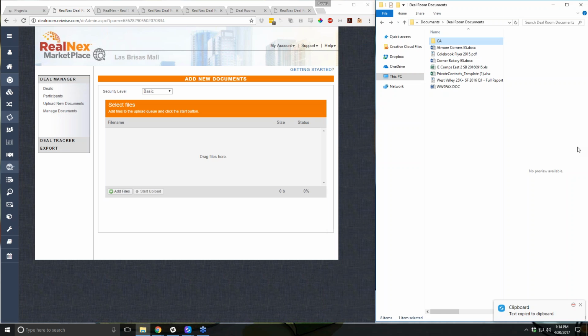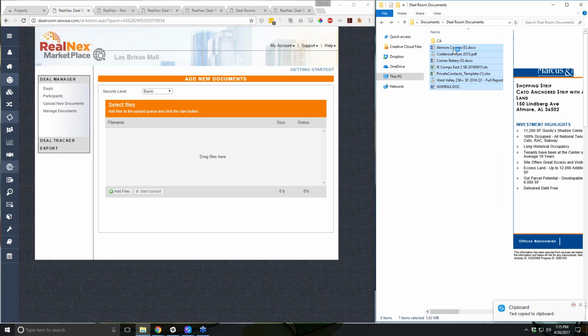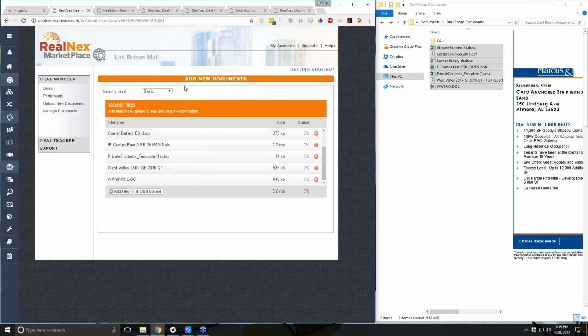And bring up a folder here. So when you have the Add New Documents, you can simply drag and drop to select all of the documents that you want to add, and then drag and drop into this section here that says Drag Files Here. And so what we can do is all of those are going to be uploaded as basic, and then now